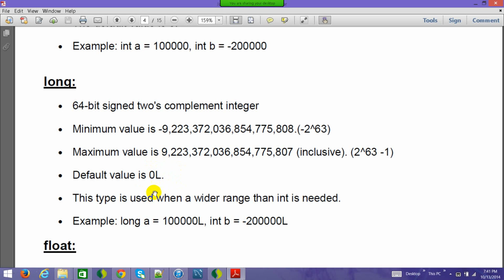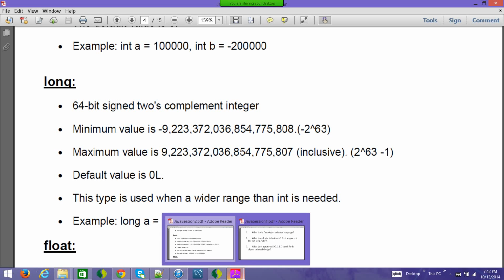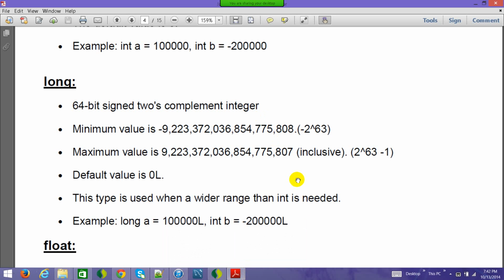Otherwise L doesn't have any more significance. It doesn't mean that 1000L is some special value. L is just there to signify that it's a long value, nothing else. It's still a number.